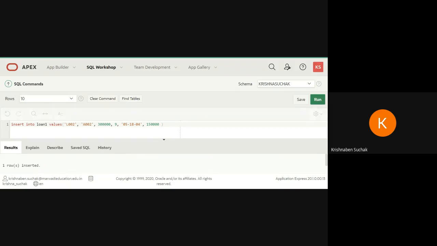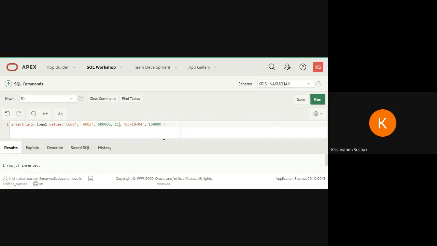Now the third value I need to insert, that is L003, account number A005, then interest rate 11, amount is 5 lakh here. I will change 3 to 5, and interest rate is 11, date 15 June.